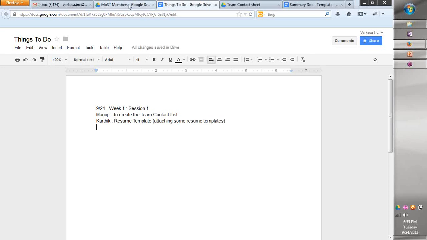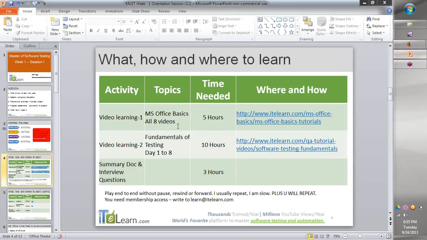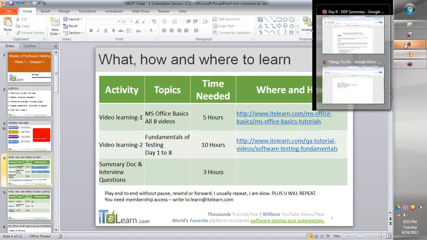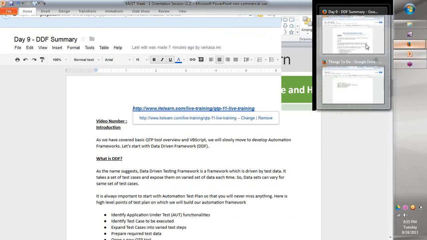Next is all members. You need to do one self-assessment form, okay? And all members, you'll have to put your placement form, okay? This I will show you. So I have a little break off from what I was trying to show, but let me walk you through what we will be doing there. But let me finish these few slides, what all you're supposed to be watching, then we'll go back there.